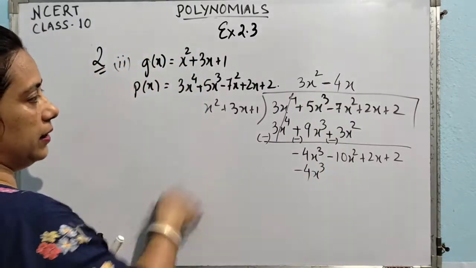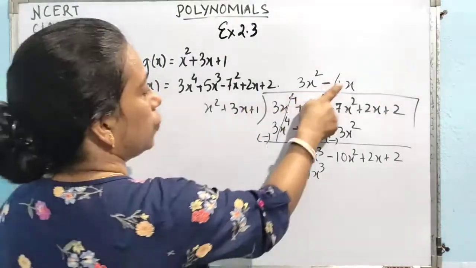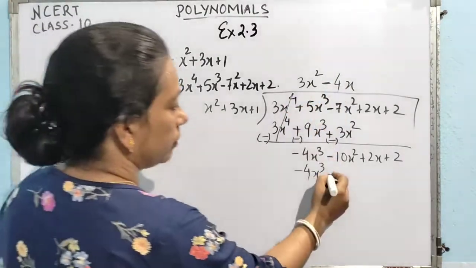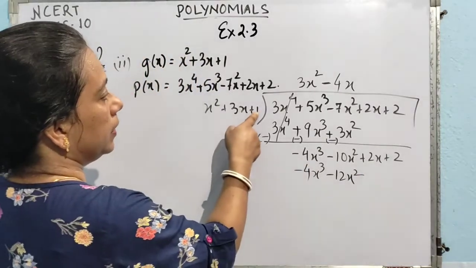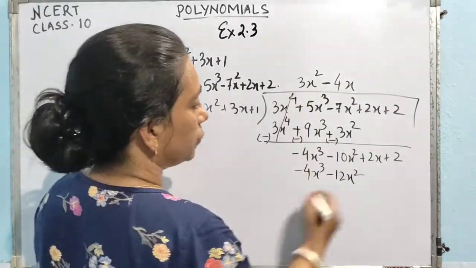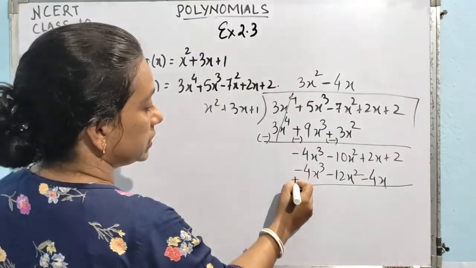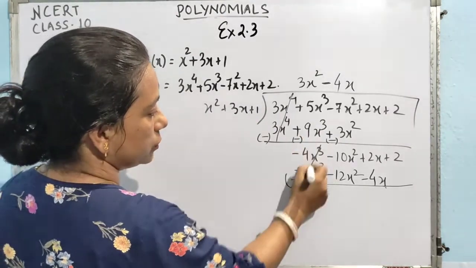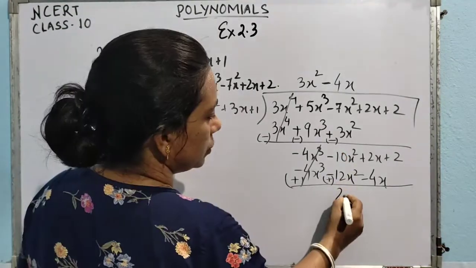Got it? Now let us go for the second term. Plus into minus, minus, 3 4s are 12, means minus 12, x into x, x square. So it will be lying here, minus 12 x square. Now go for the third term, plus 1 and here minus 4x, plus minus, minus, 1 into minus 4, minus 4, and 1 x is there, minus 4x. Done. So the opposite sign here, it is minus, so we have to think for plus. So plus 4x cube minus 4x cube cancel. Here it is minus, means we have to consider plus. So 12 minus 10, 2x square.